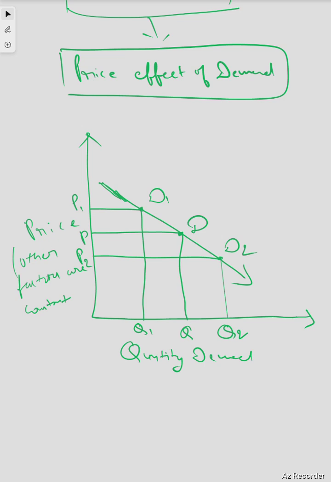Expansion means when demand expands. Equilibrium demand is here, this one. When demand expands, it goes to here, this point. This is the expansion. So we can say when demand shifts toward the right side,